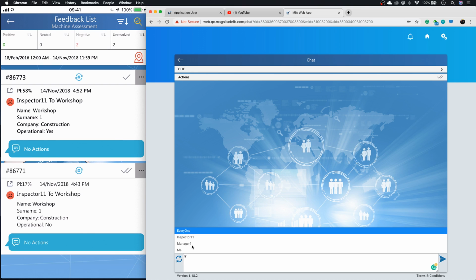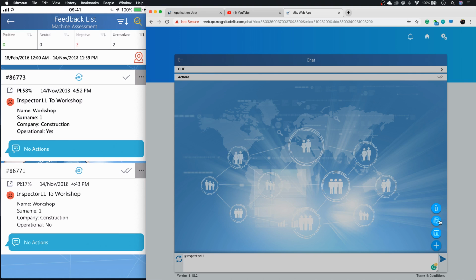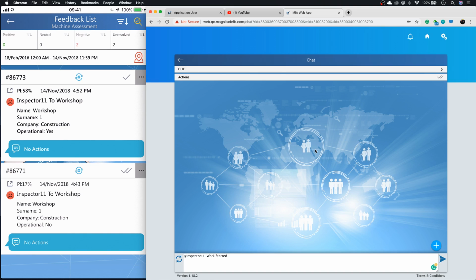So in this case, I'd like to tell the inspector or myself that I'm going to start the job. If I click this little plus sign here on the right hand side and click my template section, which is the middle button, you'll see I've got my 3 templates there: work started, interrupted, and completed. If I click work started, you'll see it'll populate. And if I send this message now,